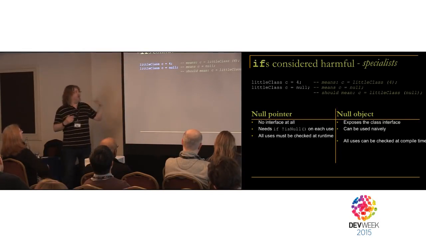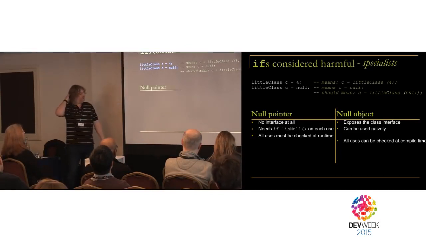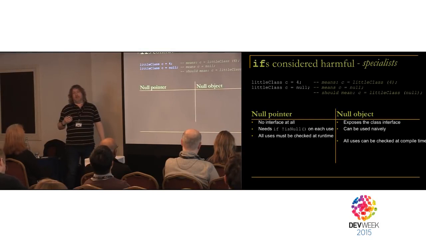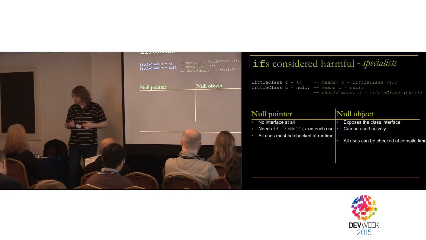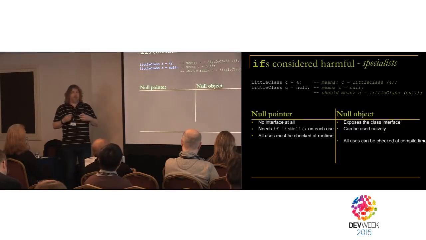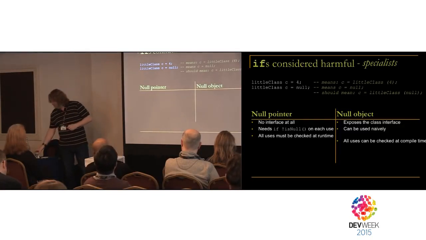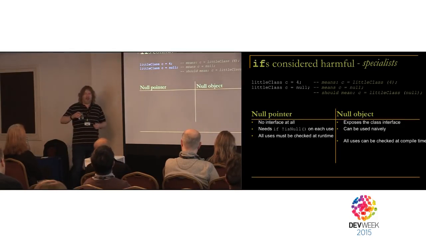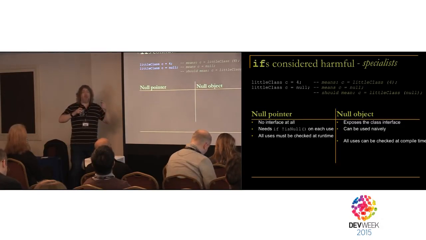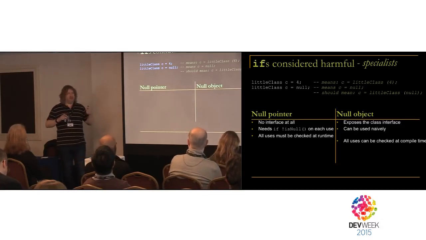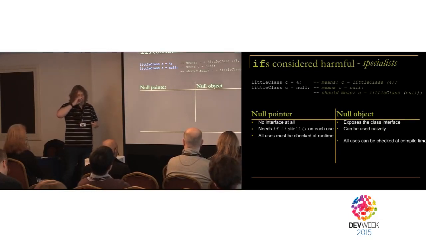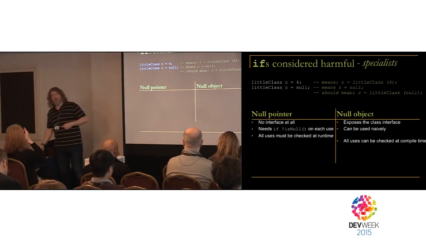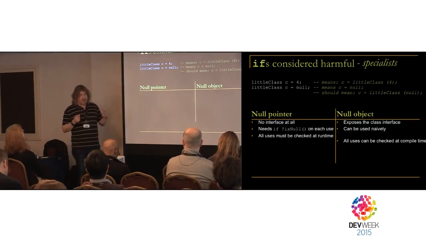So, if it meant that, we'd never have to mess about with all of those tests, because whatever was in C would always have the little class interface. So what I'm going to suggest is that you should never, ever use or allow anywhere near your program a null pointer, because the null pointer is precisely a source of bugs. We know it's a source of bugs, and we even know what the pattern of the source of bugs is. So always, always create null objects instead of null pointers.